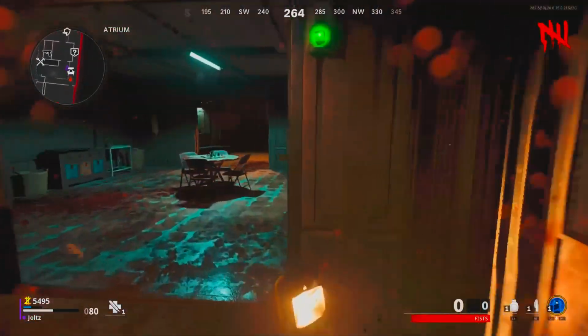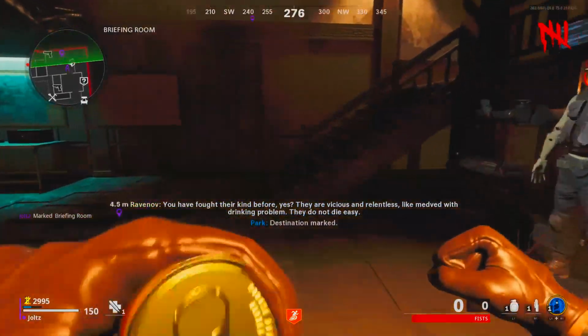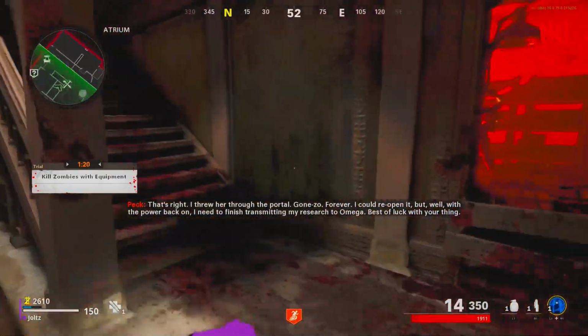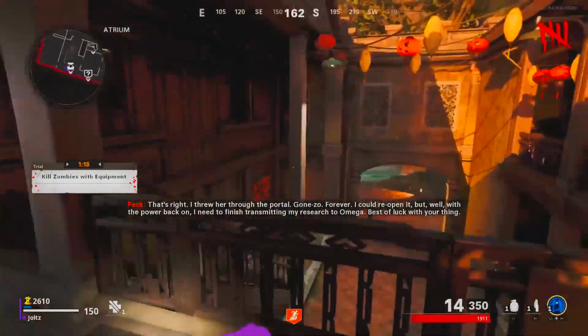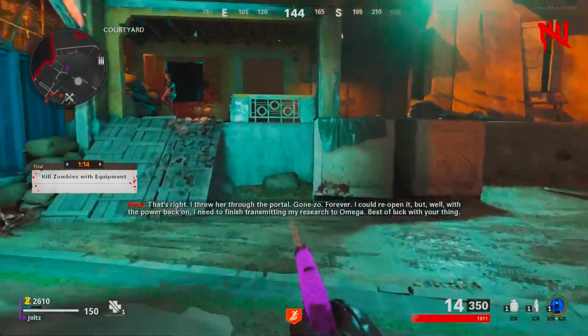While you're here, you should have enough points to buy Stamina Up. Buy Stamina from the Wonder Fizz machine, make your way to Peck and interact with him. Once they start their dialogue, make your way back to Ravenov and kill every zombie except for 1 or maybe 2. Whenever Peck is done speaking and Ravenov starts speaking, interact with Ravenov again,